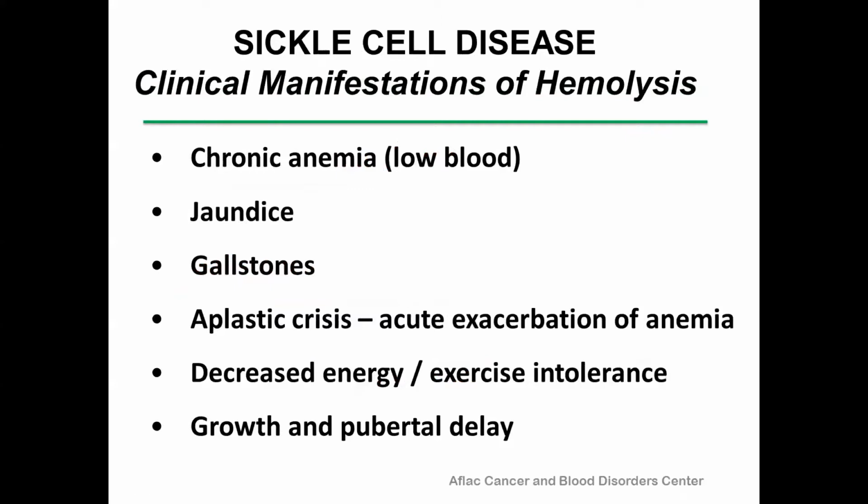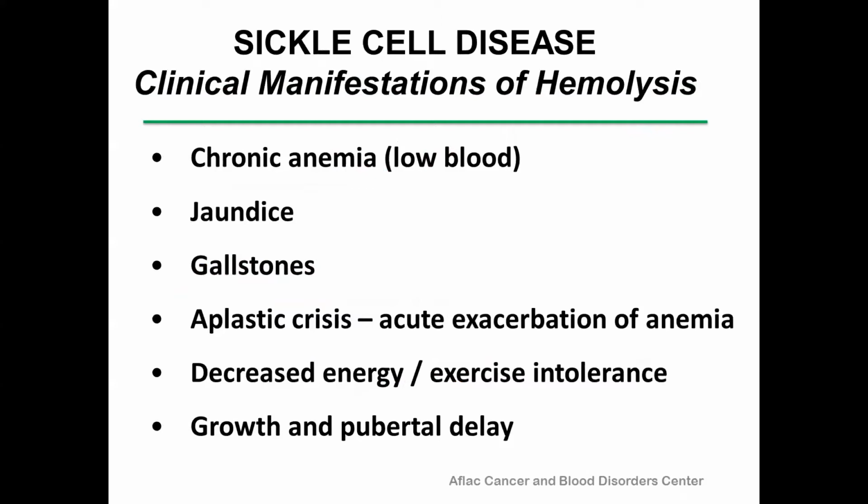Okay. So because of the shortened red cell survival, the hemolysis, individuals with sickle cell disease, and it's variable among individuals, have chronic anemia or low blood count. The breakdown of the red cells causes an elevation in the bilirubin in the blood, which causes the yellow jaundice that some folks have in their eyes. There's an increased risk of developing gallstones,